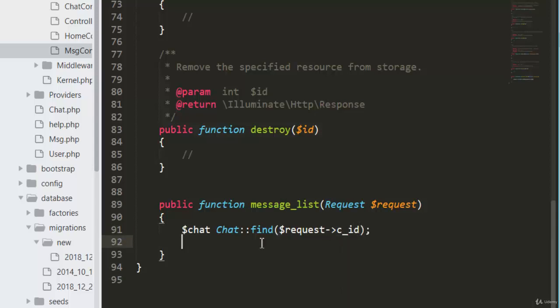Now we have to check, because the first request would always send 10 messages. If it is above 10 messages, then it means that we need messages that come after the first 10. For instance, we send the records from 1 to 10. Now if our user requests again, like load more, a button we are going to create, then we will have to send another 10 records, but not 1 to 10. It would be 11 to 20, then again 21 to 30. So to generate that functionality, we are going to create one condition here, and we will say request limit. We are going to check the limit. If the limit is greater than 10, which means the user clicked a load more button to get more messages,